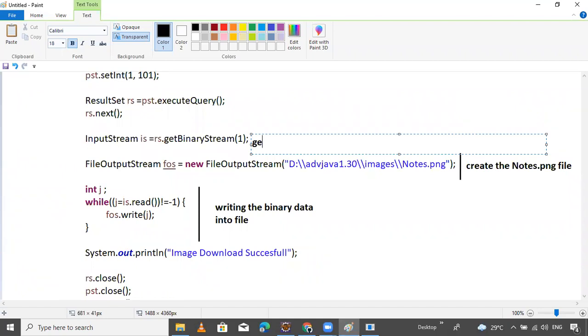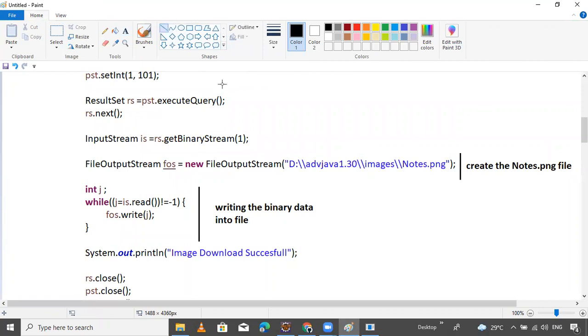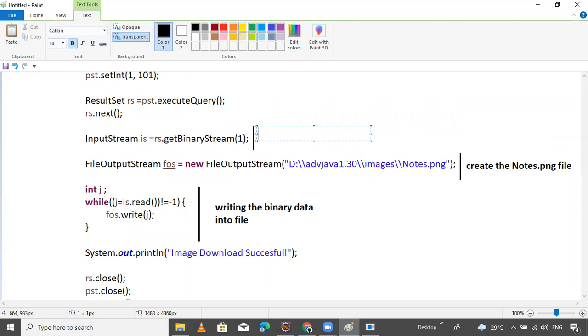This is for getting binary, it means getting bytes, getting binary data from RS, means result set, and storing it in IS as bytes, as bytes inside the input stream.